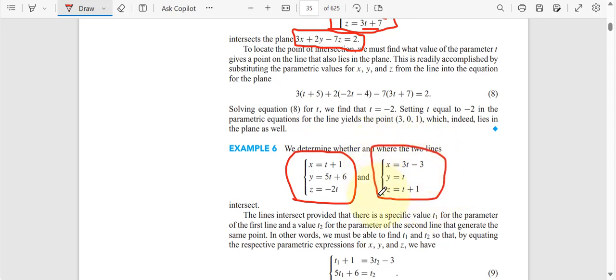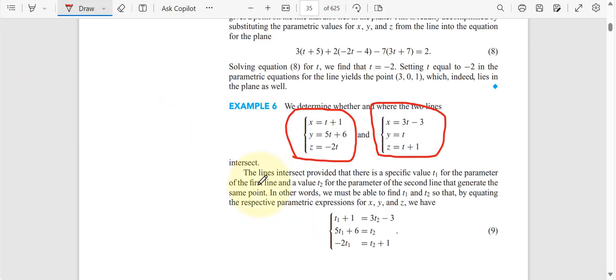We'd like to know whether they intersect, because they don't have to intersect, especially in three dimensions. So we'd like to know whether they intersect, and if they do, we'd like to know where they intersect. That is, we want to know the point. That is, we want to know the x, y, and z